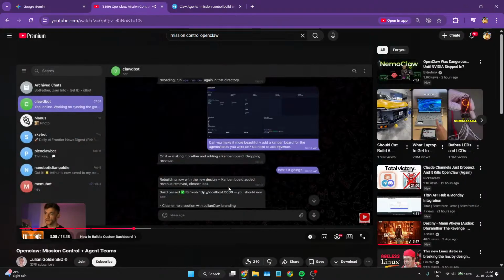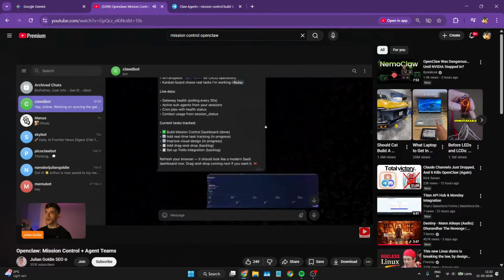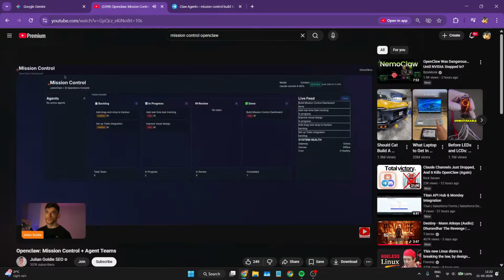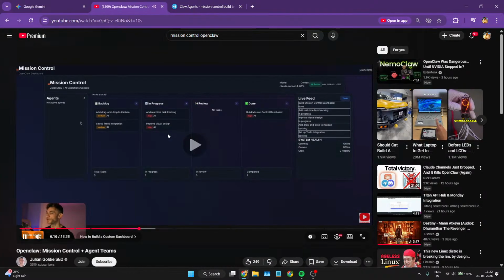Before it created this, it took 35 minutes just to create something super basic like that, and then it took about an hour just to create this mission control tab here, which I honestly am not 100% happy with, but it does show the tasks that openClaw is working on in real time, and you can just keep building on that. Right, so I don't think it's something you're going to build in